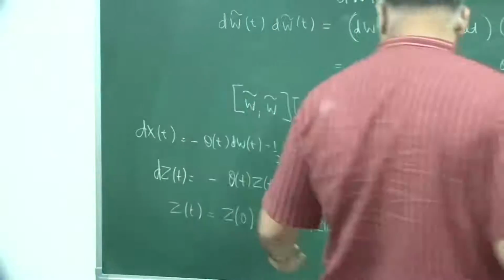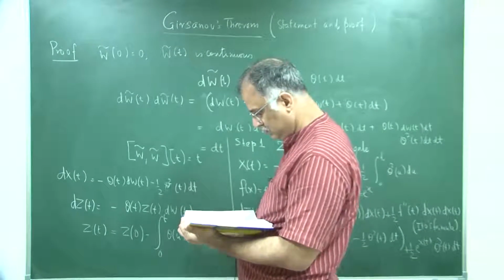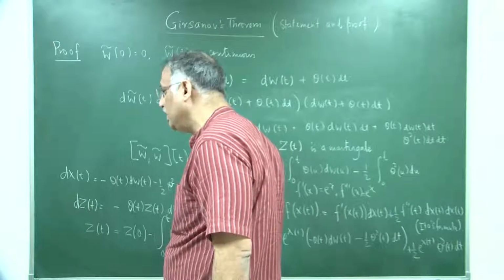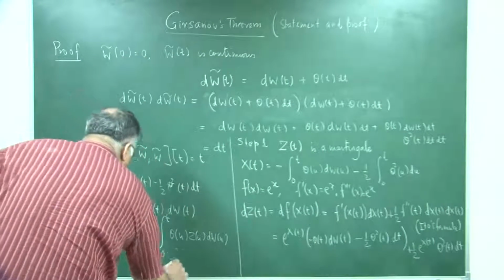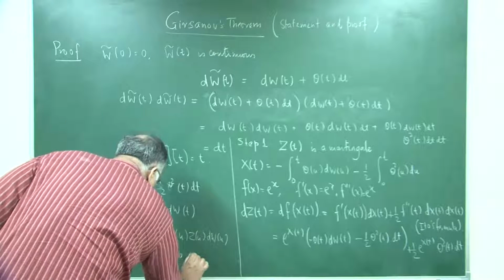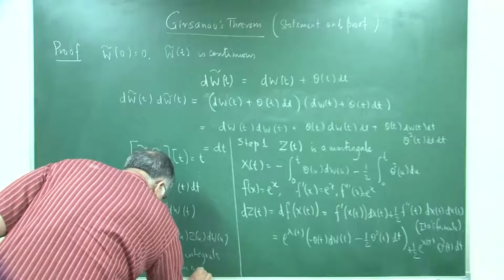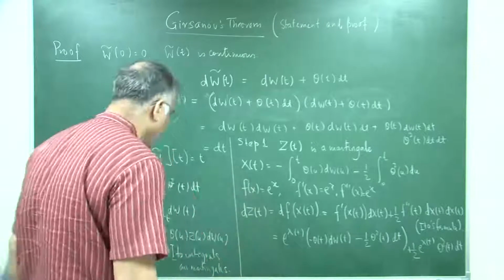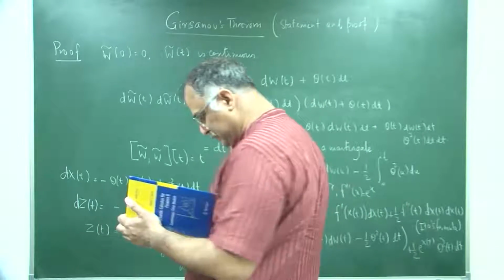This is just a constant and this is a random variable, and this is a constant, but what is this? This is an Ito integral, and every Ito integral is a martingale. So, zt must be a martingale. I am using the fact that Ito integrals are martingales. Okay. So, that is one piece of it. So, once that is proved,